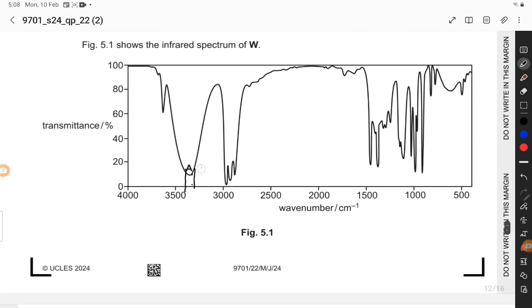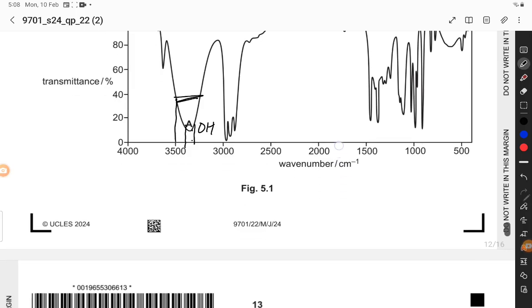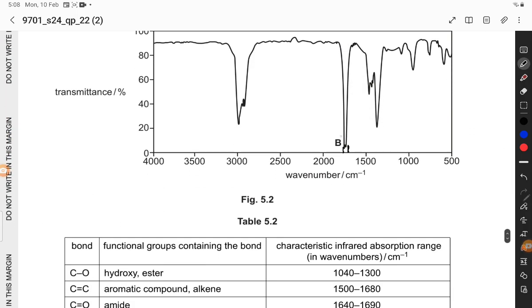This is the OH peak, this wider peak is the OH peak, and